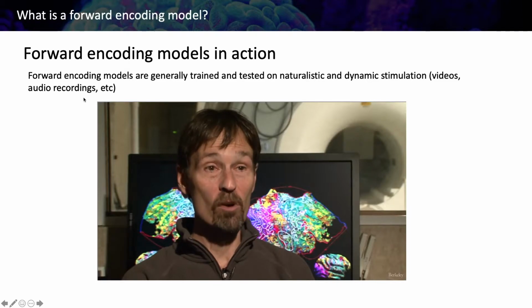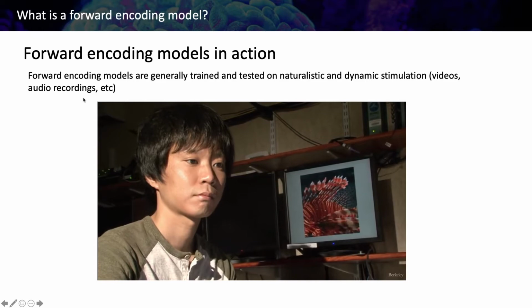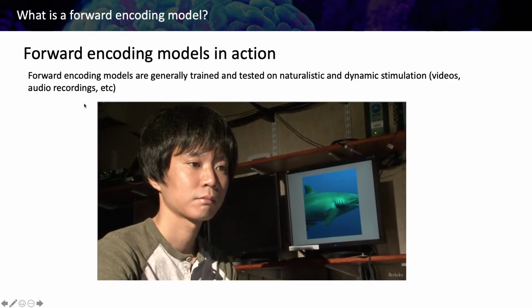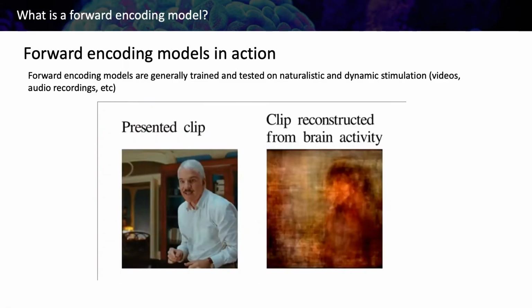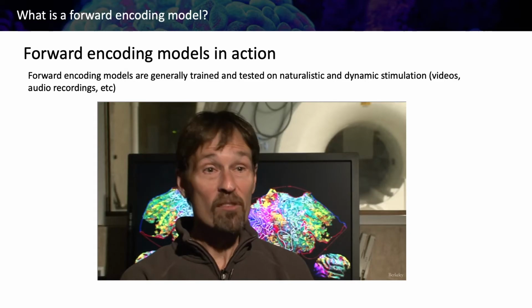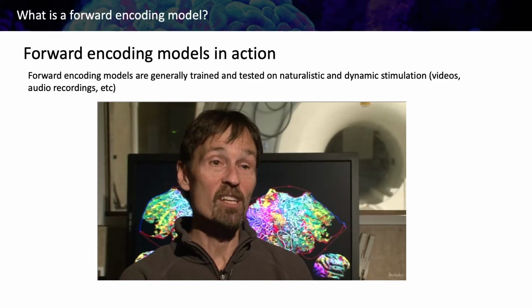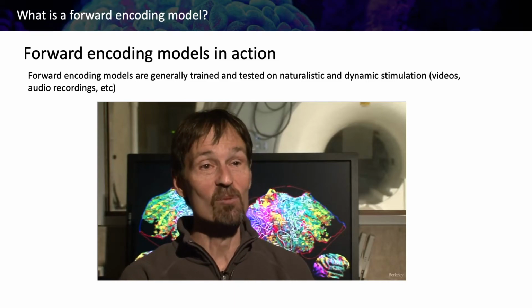When this model worked, we were very happy because it was really quite surprising that it would work at all. We're only taking snapshots of the brain every 1 or 2 seconds, and our reconstructions of movies happen at the movie rate. So that's much faster, and there's no reason one would think that this would work. And in fact, most of our colleagues just told us this would never work. So it was pretty surprising and satisfying when it actually worked.